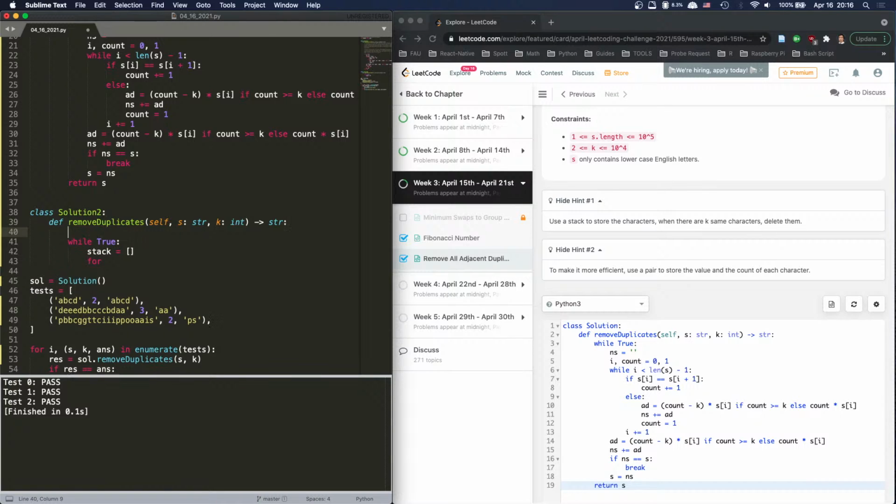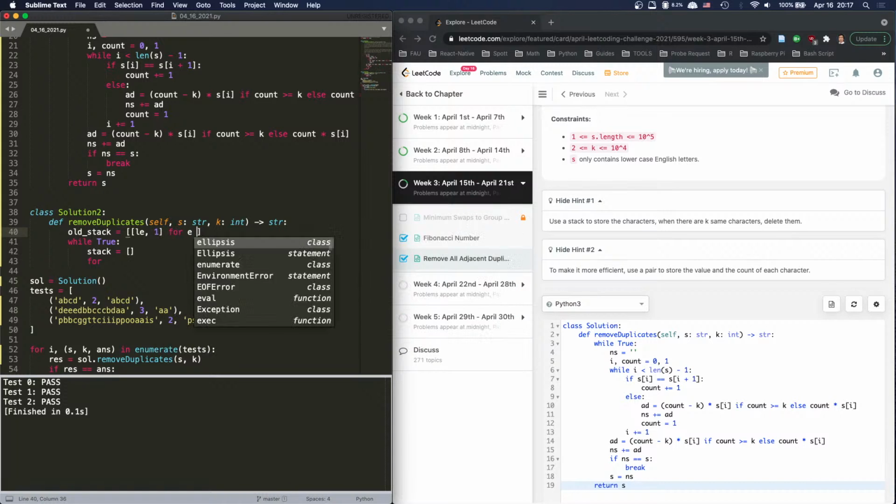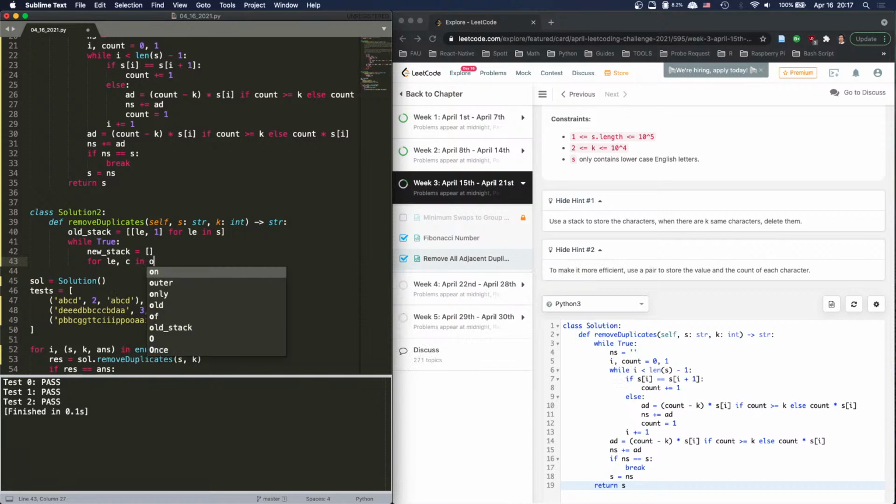Yeah, we're gonna say old stack equals letter, 1 for letter in S, right? So this is old stack. And then this is going to be new stack. And we say for letter count in old stack,